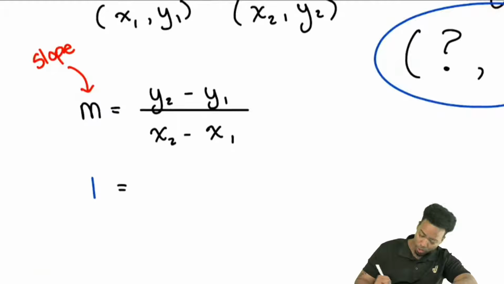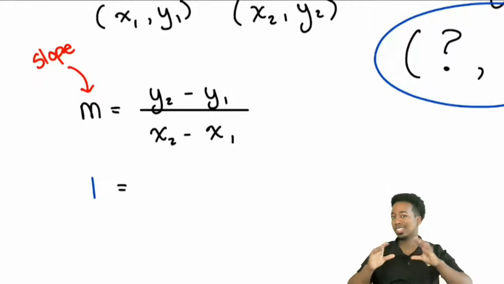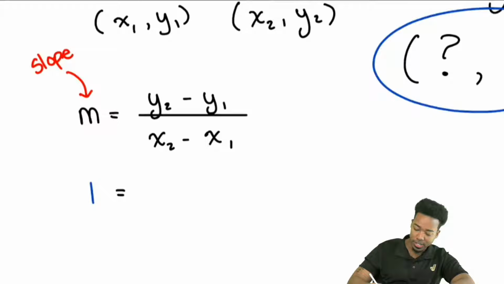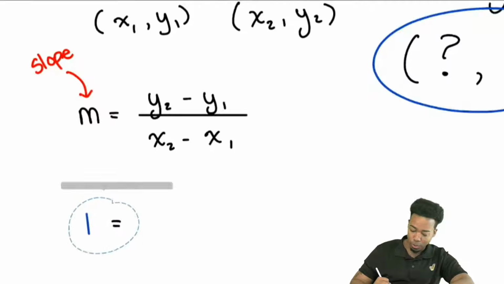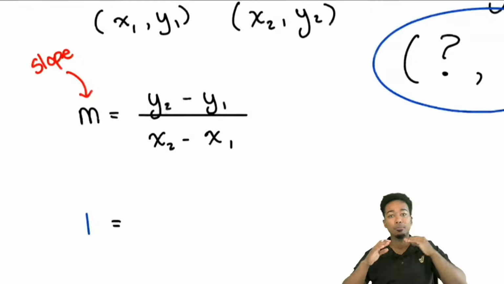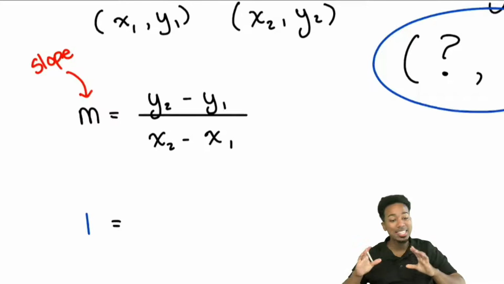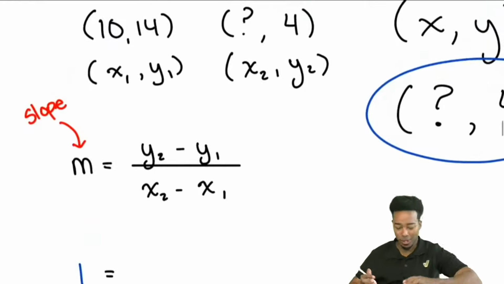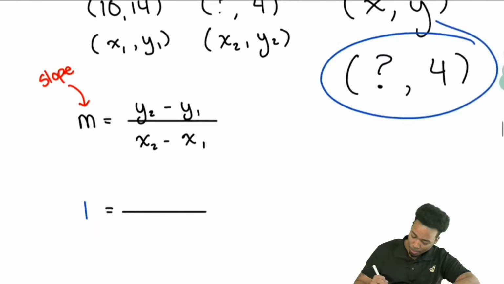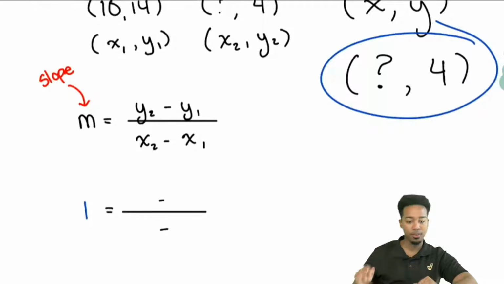And then what I'm going to do, just to make sure that I don't make a mistake, this is something that you should probably try to do too. Whenever you're filling in formulas, do your best to make sure you are copying and pasting exactly as it is. Don't get confused by negatives. Easiest way to get confused. So let me go ahead and just fill this right here. And I'm going to put the subtraction sign already right there.